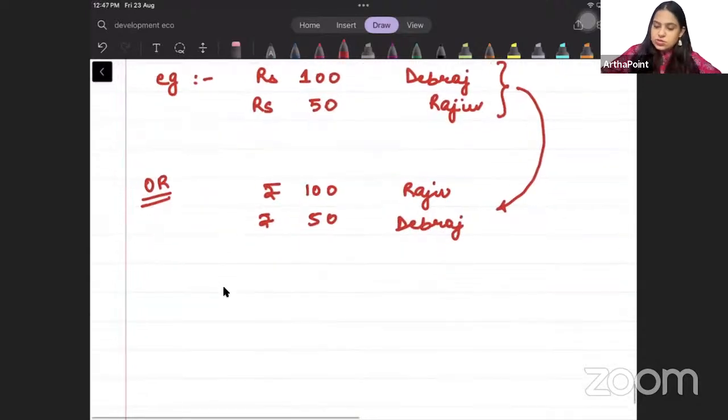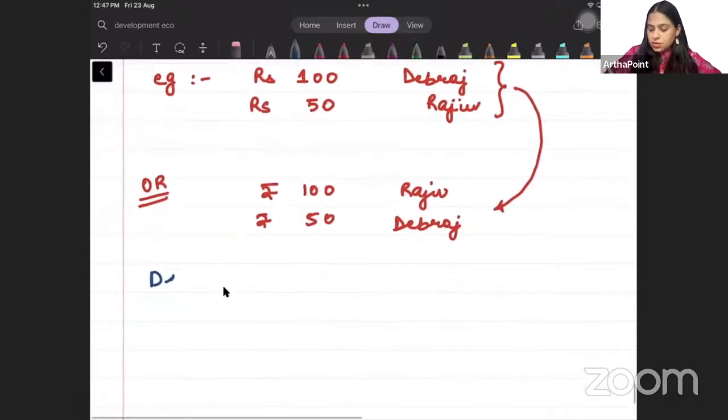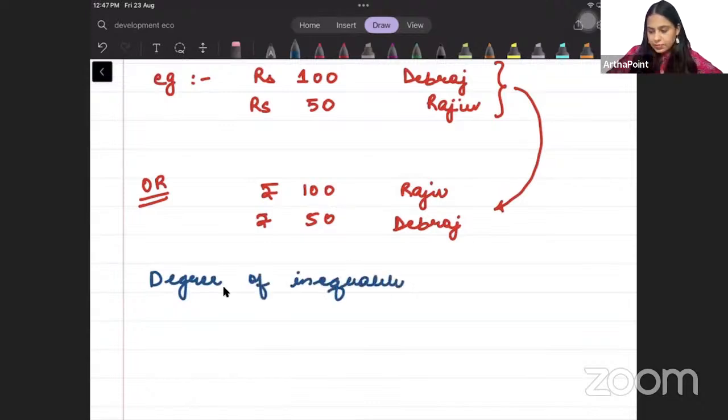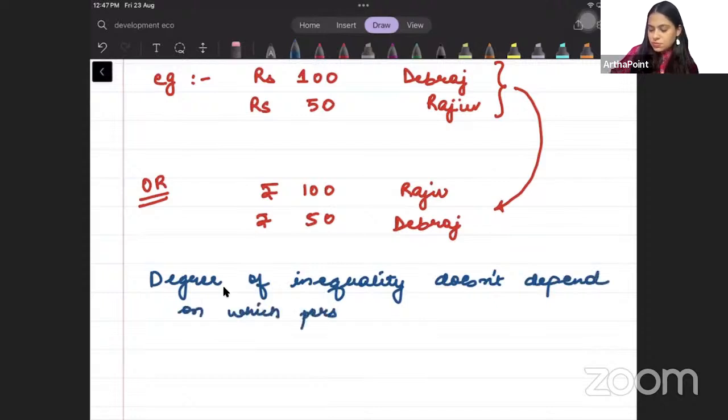So please write down this principle. The degree of inequality doesn't depend on which person is earning what income,